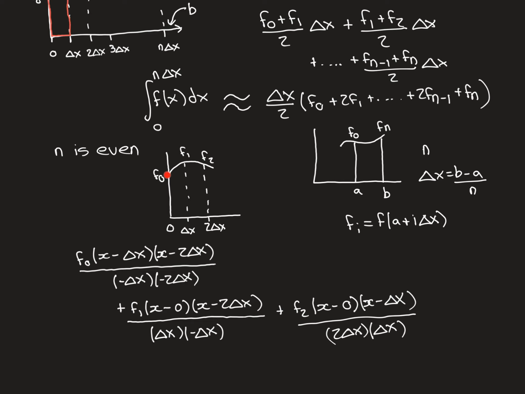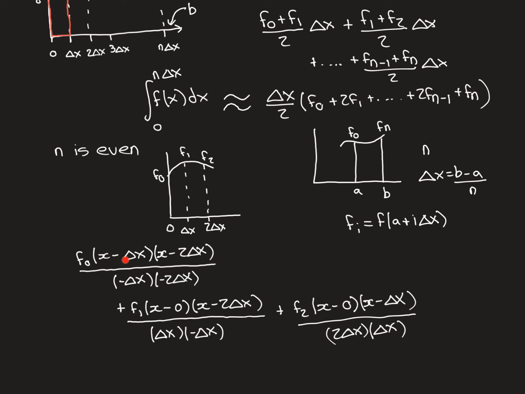So we want to produce a quadratic function, a quadratic polynomial that will go through each of these 3 points. How can we do that? Well, we want it to equal f0 when you put in x equal to 0 here. But we don't want it to equal f0 when you put in delta x or 2 delta x. Instead, for delta x, we want it to equal f1, and for 2 delta x, we want it to equal f2. So we start by putting f0, and then we multiply this by x minus delta x and x minus